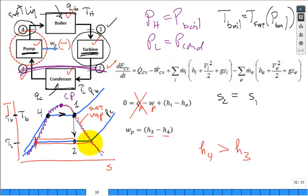True? All right. Let me dwell on that for a little bit. So S1 is equal to S_g at the high pressure, P high. Notation makes sense? That's how I'd get it off of the charts. This is my S_g, the saturated vapor entropy at that high boiler pressure. Then somebody says you have an isentropic process, so S2 is equal to S1. But what's my equation to calculate S2? Isn't it S_f at the low pressure plus the quality at state 2 times S_g minus